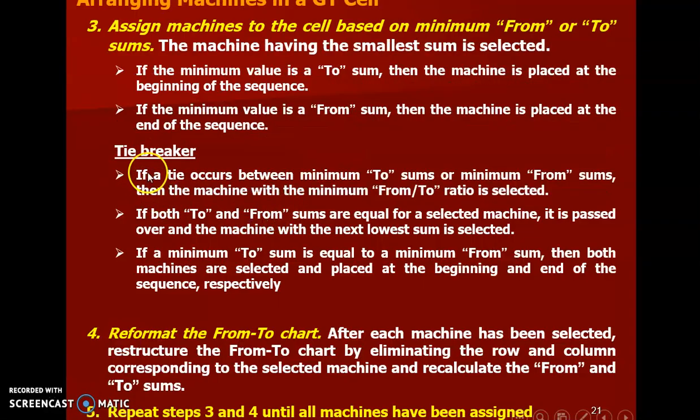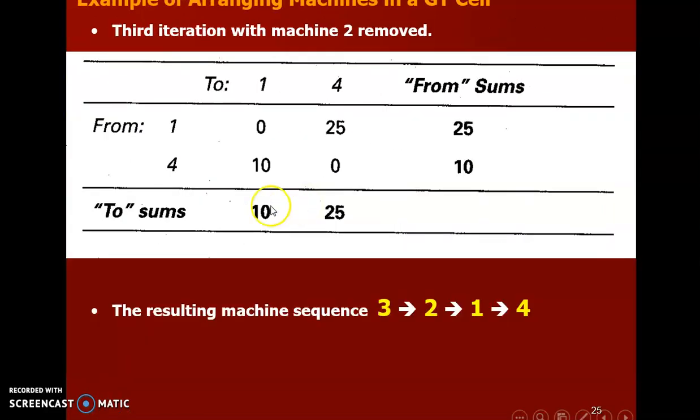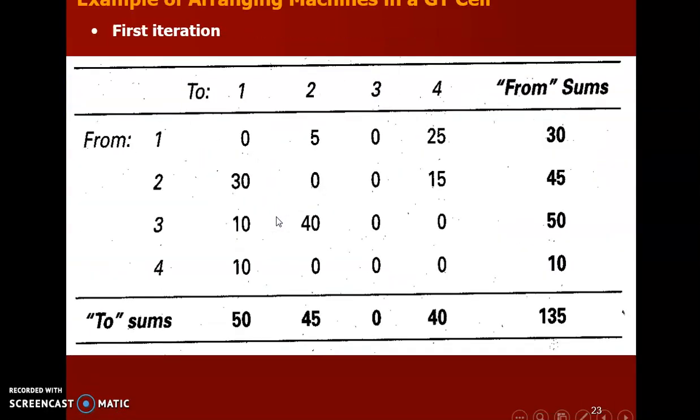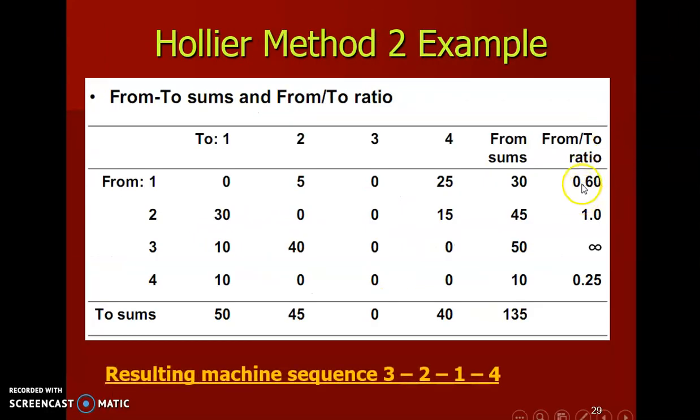If a tiebreaker occurs between minimum to sums or minimum from sums, then the machine with the minimum from by to ratio is selected. So once there is a tiebreaker between the minimum values of from sums and to sums, we are going to make a from by to ratio. So here we are taking this from by to ratio, because the tiebreaker happened between machine number 1